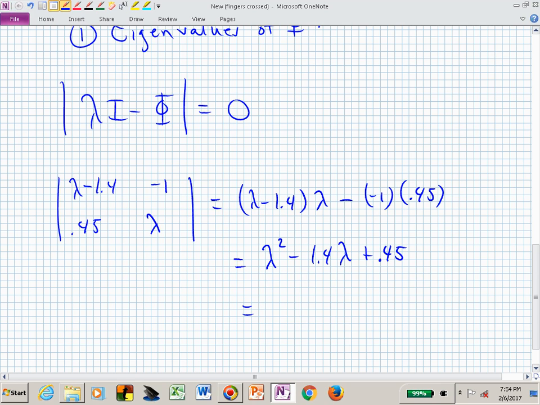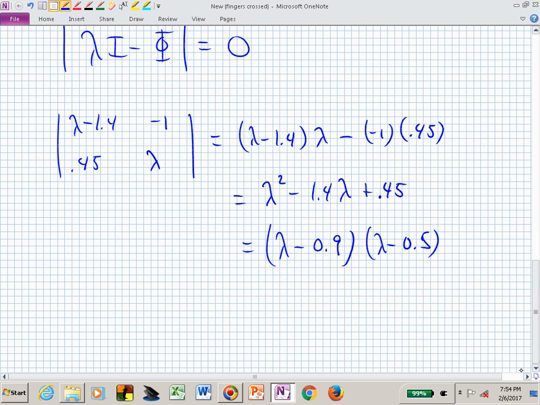And do you see how to factor that? 0.9 and 0.5 multiply to give us 0.45, and add to give me 1.4, so this actually factors into (lambda minus 0.9) and (lambda minus 0.5). If you didn't see it, you don't have to see it, you can just plug it into the quadratic formula,